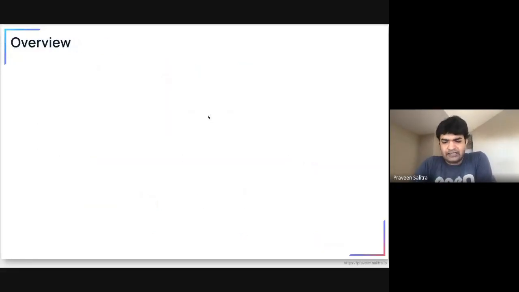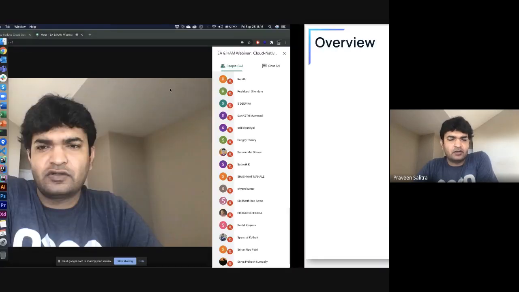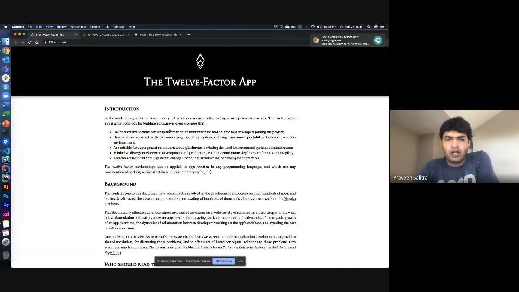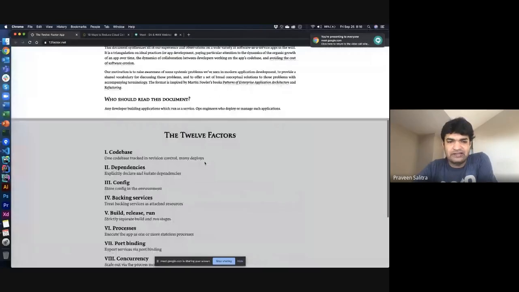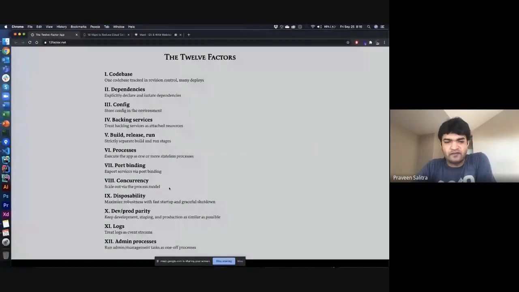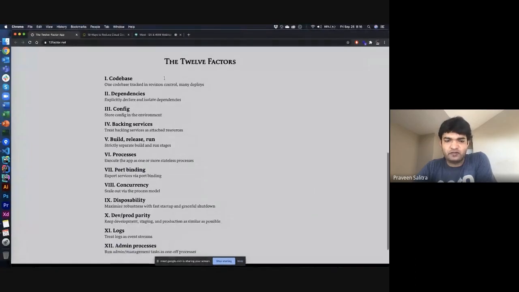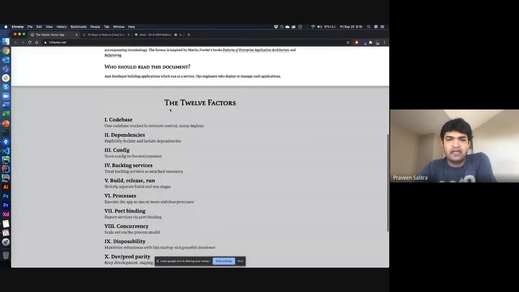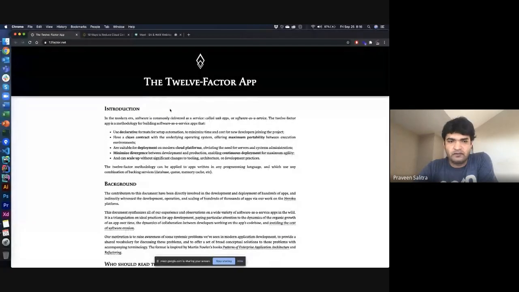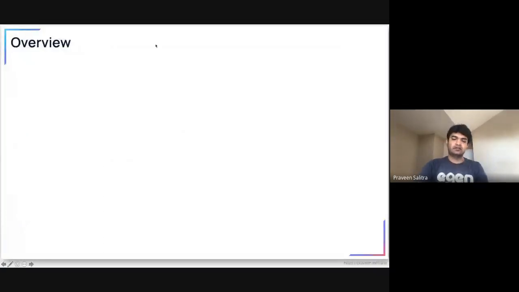So let's get an overview. Now, these engineering principles are nothing new. 5 years ago, we started with a few points from the Heroku folks who wrote the 12-factor app principles. There are 12 distinct principles, and they go into detail about each of them. Some of them are not relevant, but we started with these principles 5 to 6 years ago, and then we have expanded on top of them. We have extended, to be correct with the technical term.